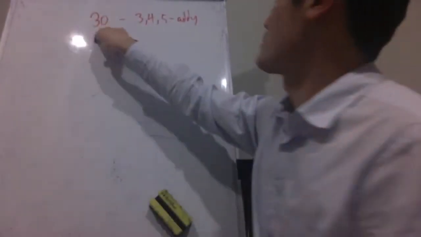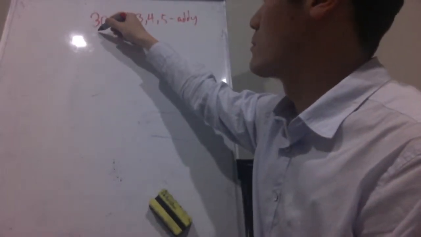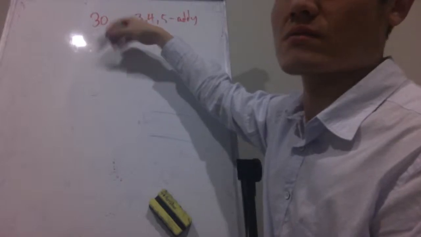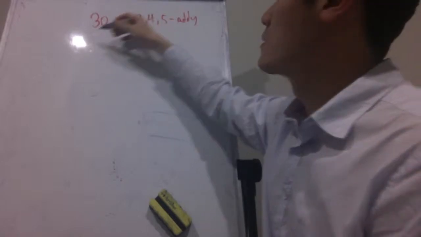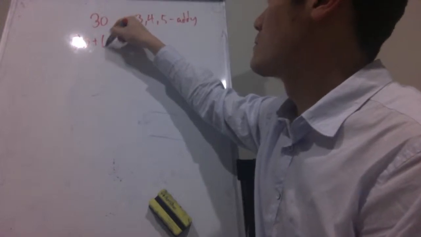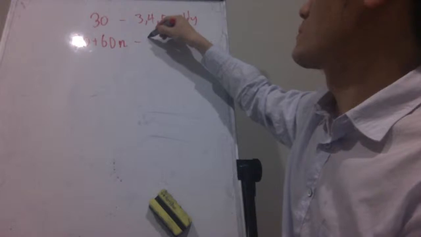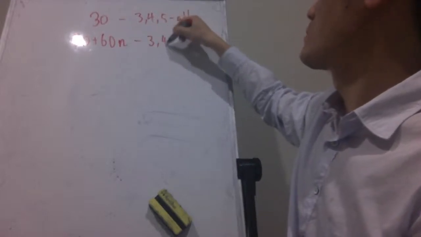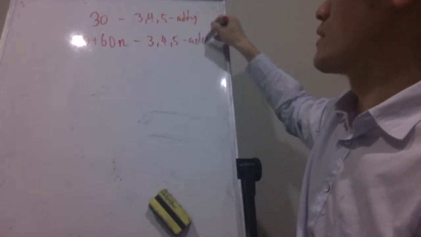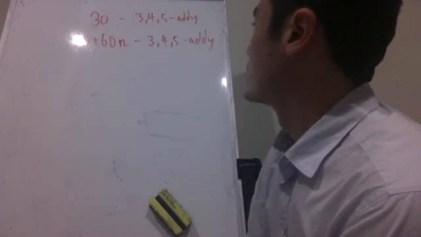Saying 30 works, and then we want to show that 30 plus 60 works for all the multiples of 60. Like 30 plus 60 and also 3, 4, 5 adding, right? Yeah, so